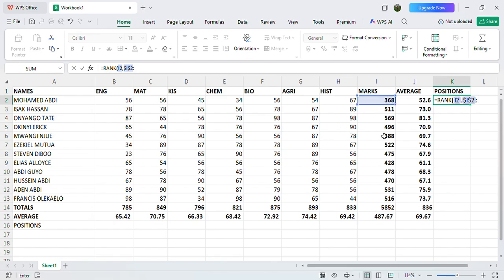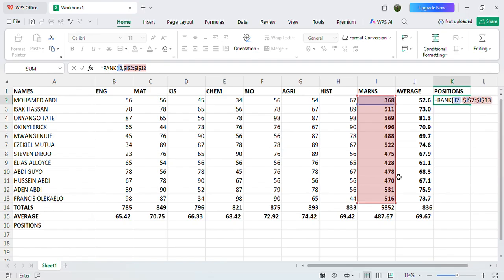From I2 up here to I13, Francis. So after the colon, you press shift, dollar sign again, then I, shift, dollar sign, 13, and it will highlight it there like that.